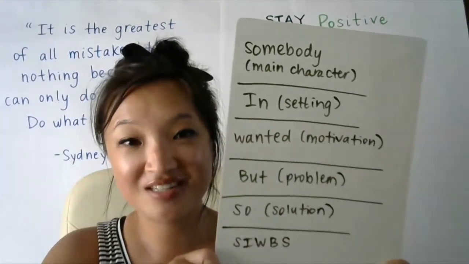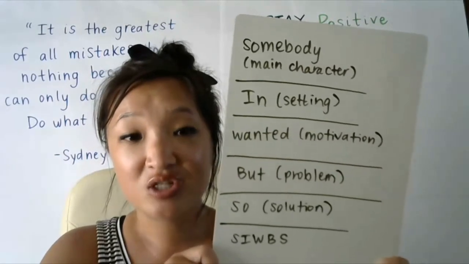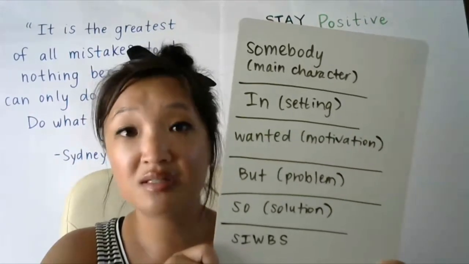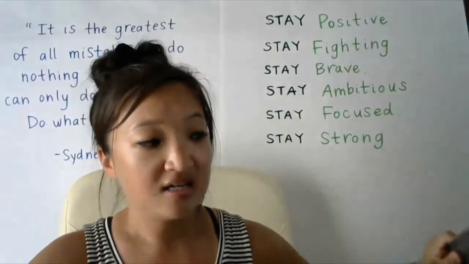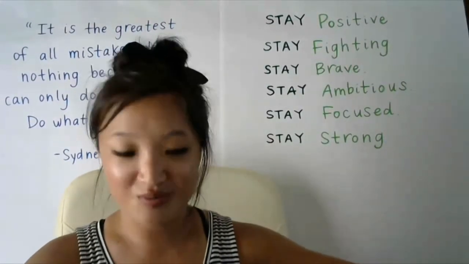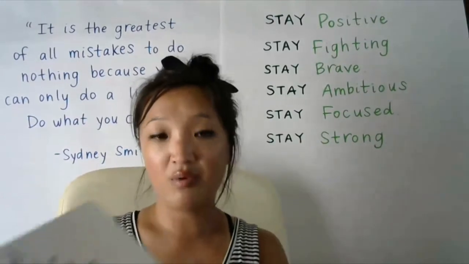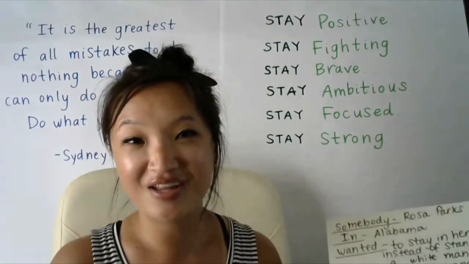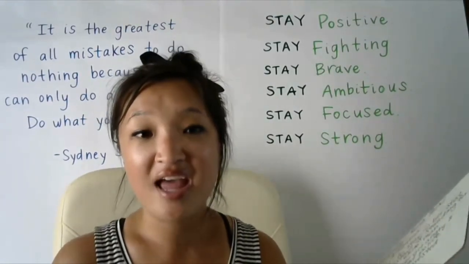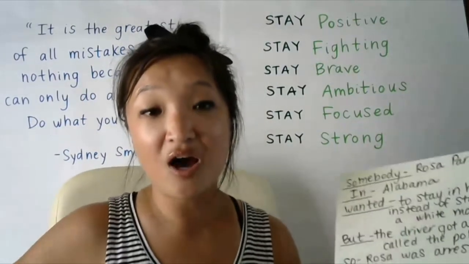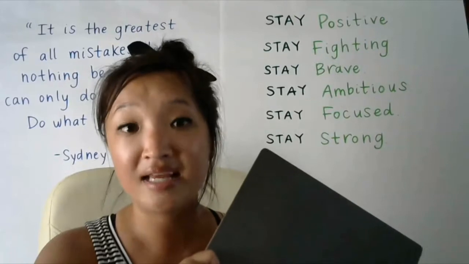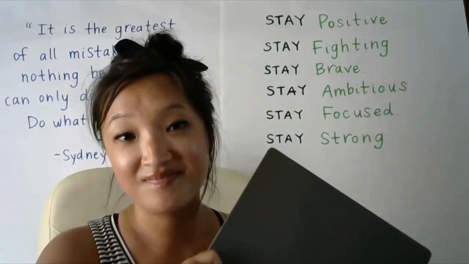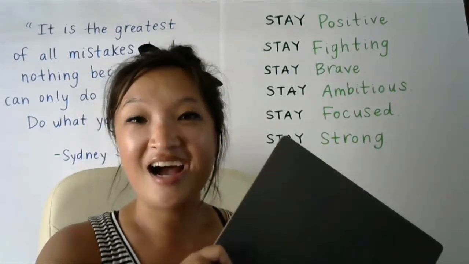So parents, if you're listening, you can always ask your child to do the SWIBS on a book that they've read, even if we didn't finish it. So again, we're not finished with that book yet, but let's take a look at what we have. Luckily, I have it written down for you. And let's see if you already thought about the same things as I did. Who would you say the main character was? I hope you said Rosa, and I agree.